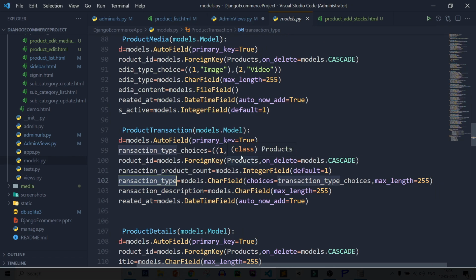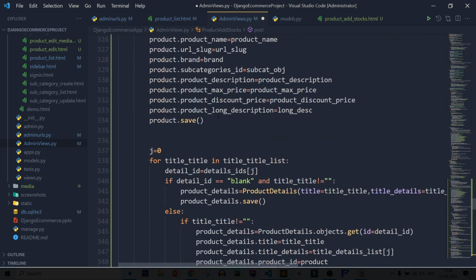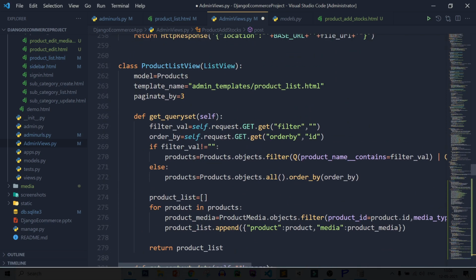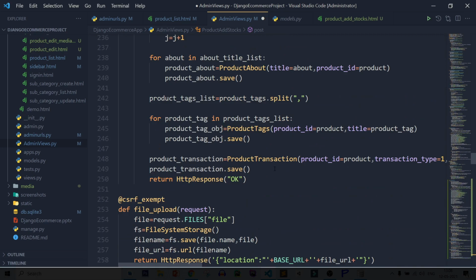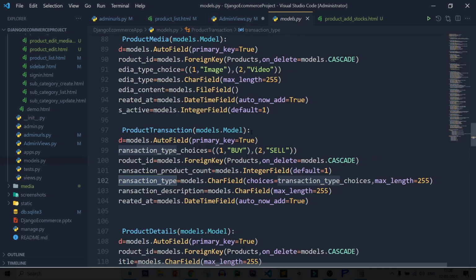So transaction type is buy for add in stock, sale for customer. Let's check if I am correct or not. So check the create table of product create. So here you can see transaction type 1, which is for buy.